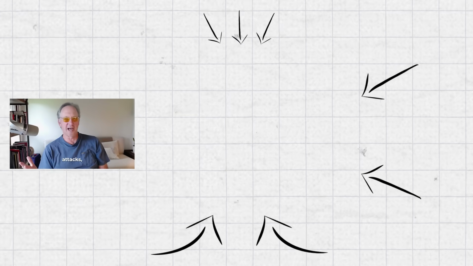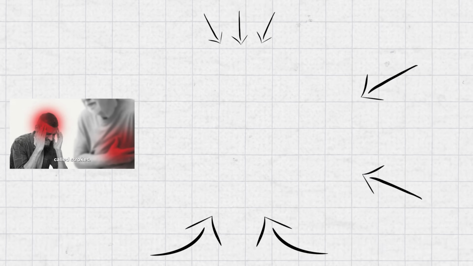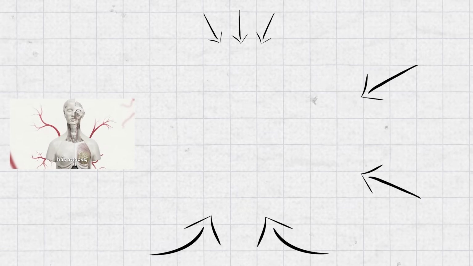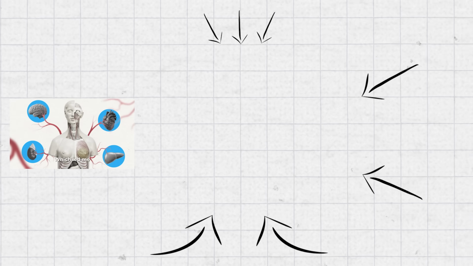Nobody has liver attacks, kidney attacks. They have heart attacks and brain attacks called strokes. No other organ has attacks, even though the blood is the same and the arteries are the same, which led me to think it's got to